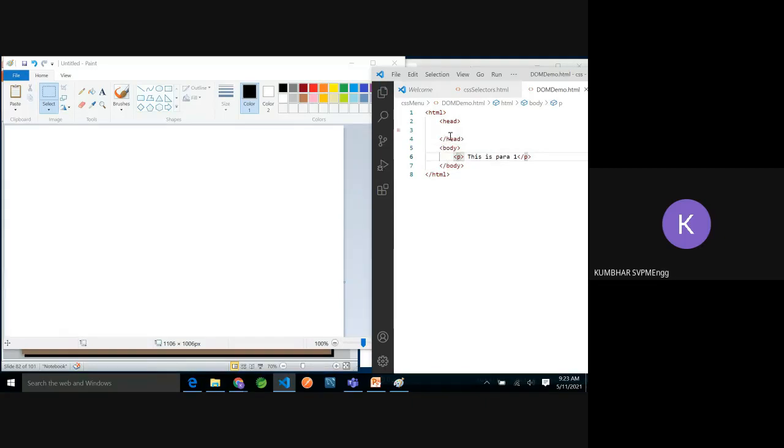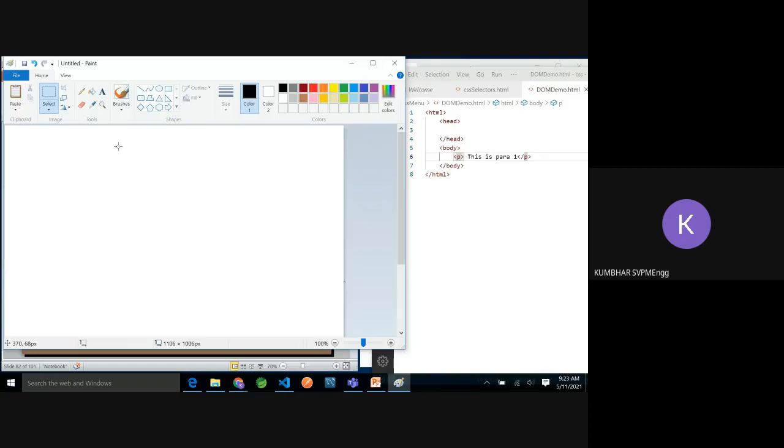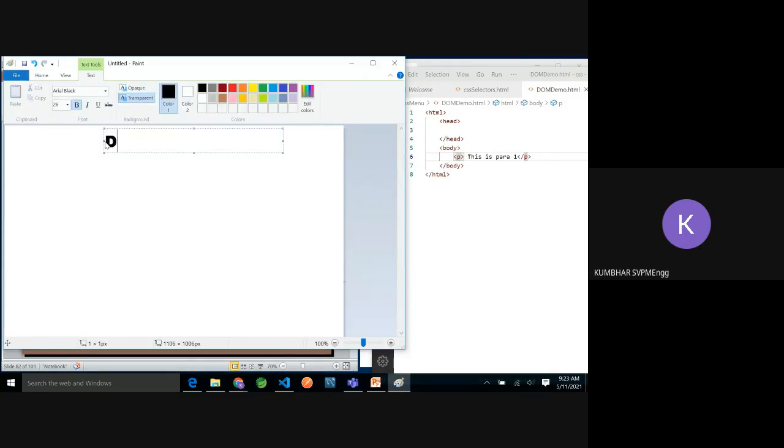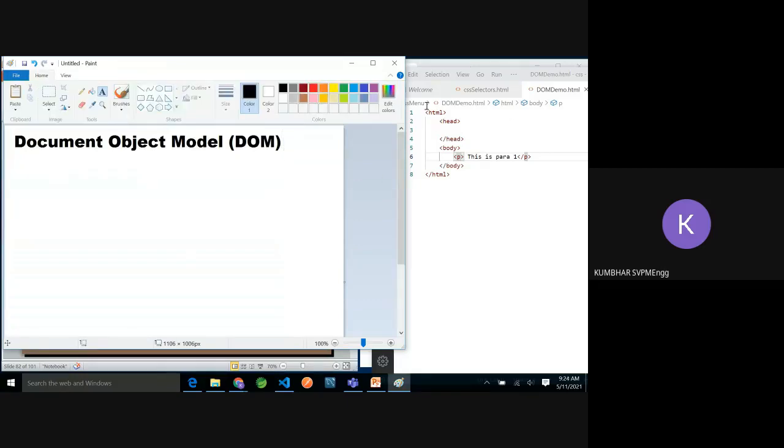So how does the browser understand this? The browser maintains this as a tree structure, and that is called DOM, the document object model. So what is DOM? When we create any HTML page, it maintains a tree structure.